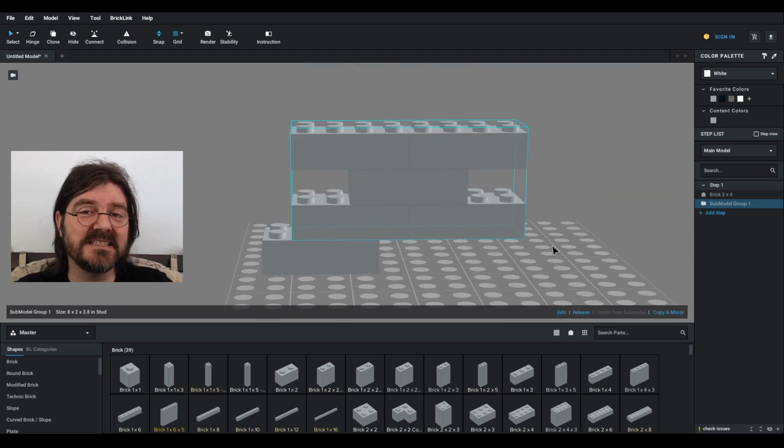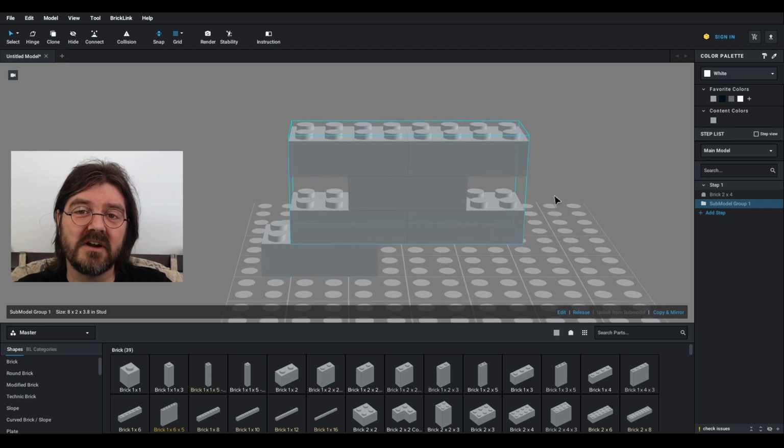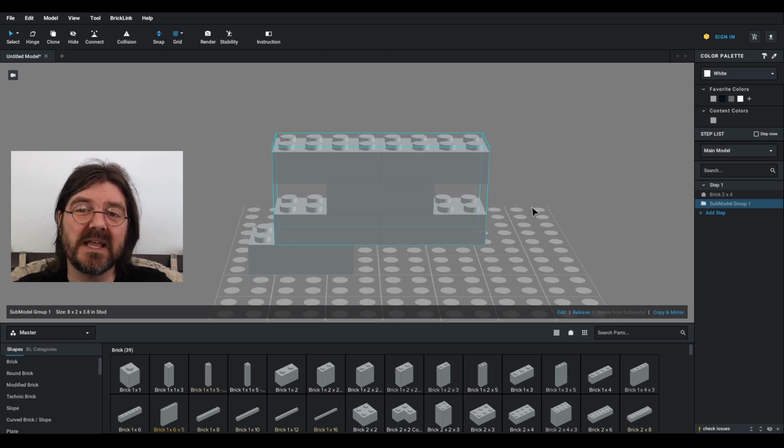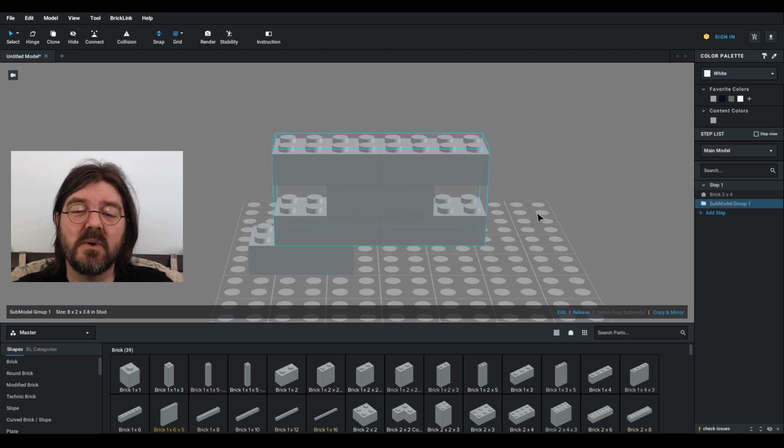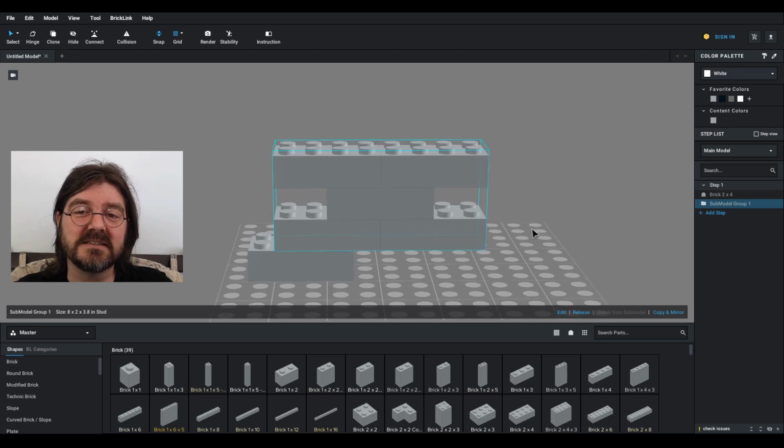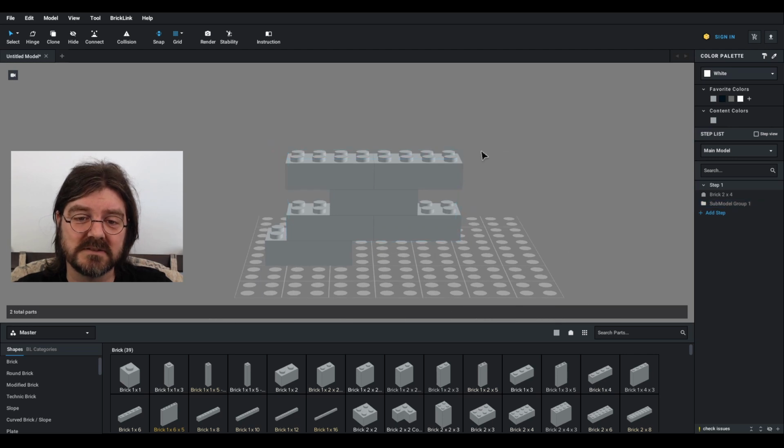As I've mentioned, this is extremely useful when dealing with large submodels that you are trying to maneuver into position. Submodels can take up a lot of memory and be really laggy on your machine sometimes. So this is a way to save you lots of time and aggravation when you're trying to move around submodels.